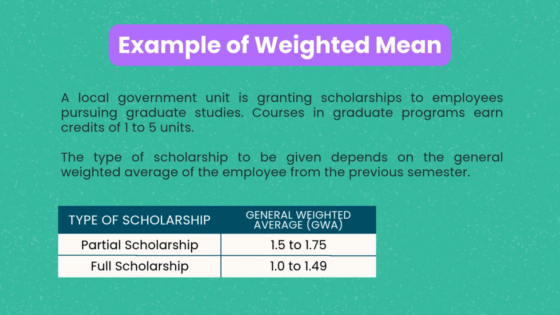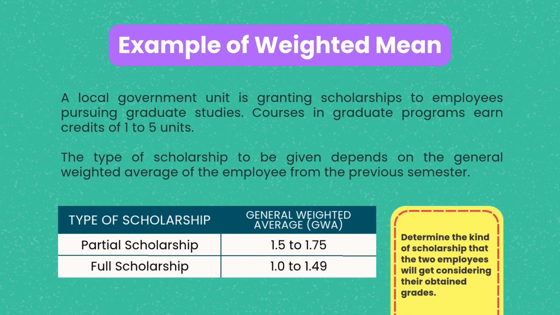For this scholarship, the rule is: an employee gets partial scholarship if the general weighted average is 1.5 to 1.75, and full scholarship if the general weighted average is less than 1.5 or from 1 to 1.49. Given this criteria, we have to determine the kind of scholarship that the two employees will receive considering their grades